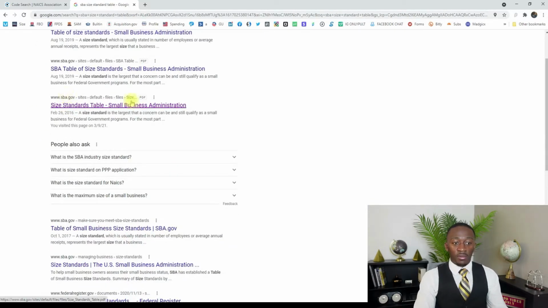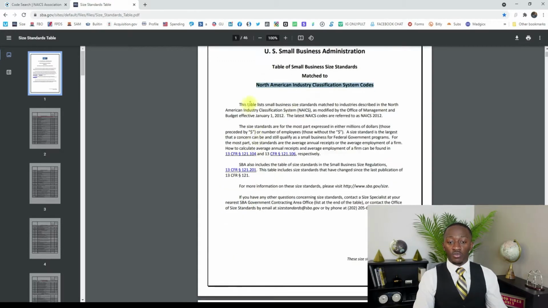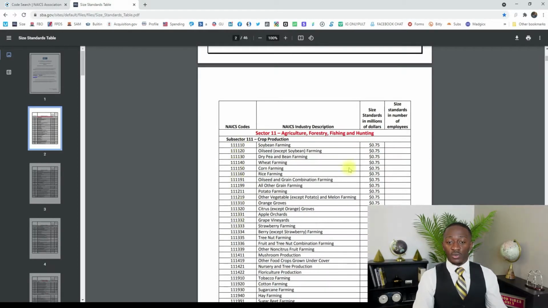You come here, it's going to be a PDF. You want to find the PDF version of it. Once you click this PDF, it's going to show you this table right here, which is essentially the list of NAICS codes that the government identifies. Oh yeah, by the way, NAICS stands for North American Industry Classification System, okay? You can read more about this. But overall, on the left-hand side it says NAICS code, the description,